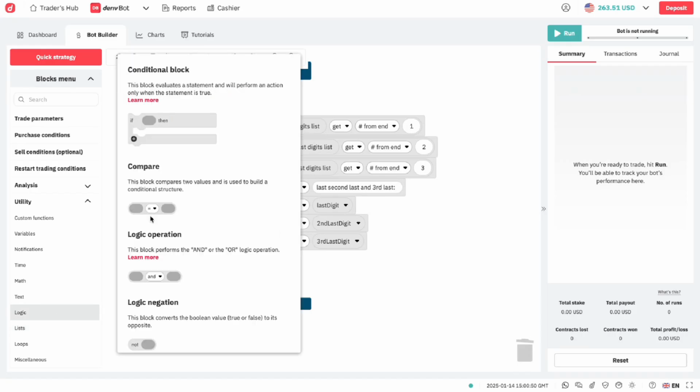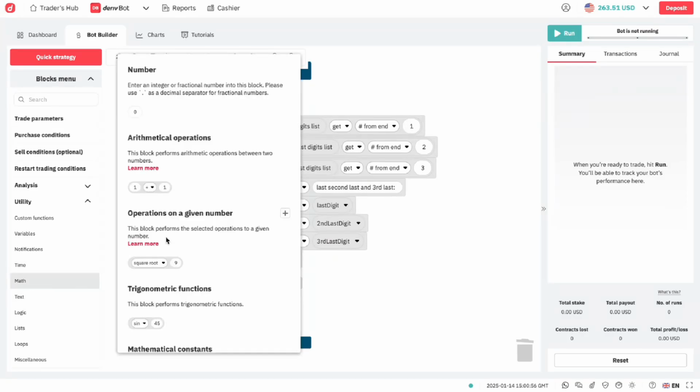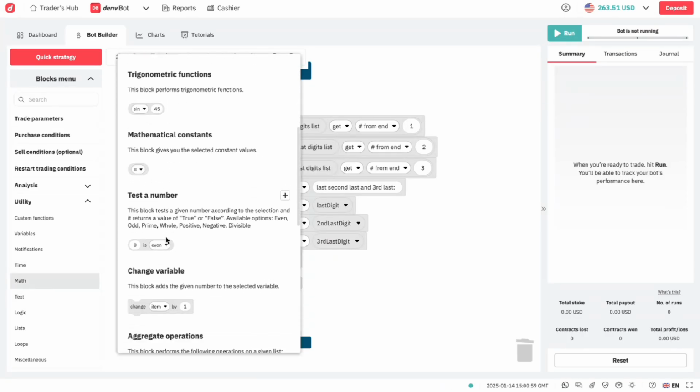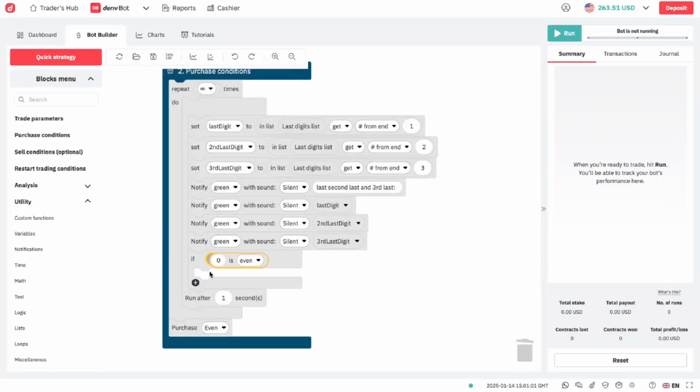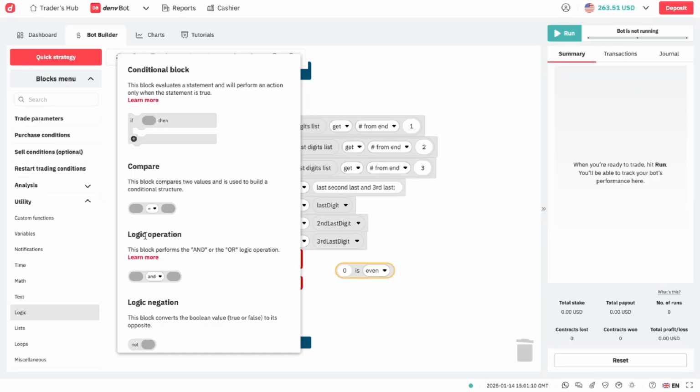So go to logic, get our if statement again. What we are looking for is on math, there is usually a check for an even number. This is what I want. So let me drag this out first. On logic, I need a comparison.